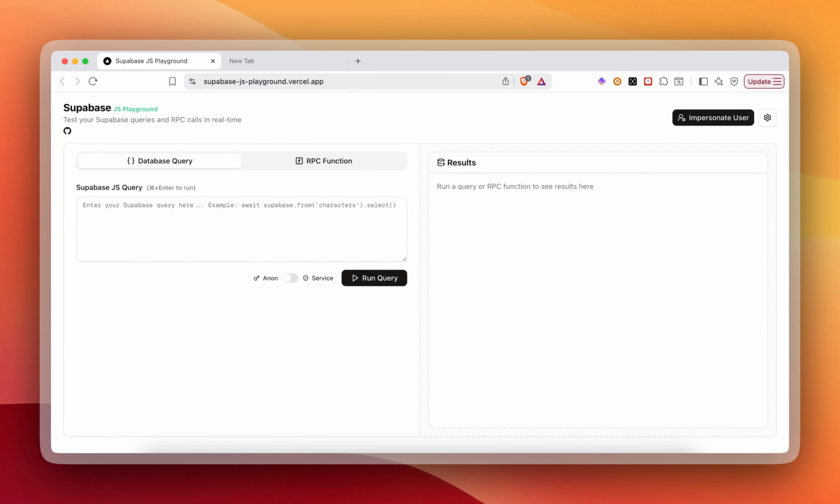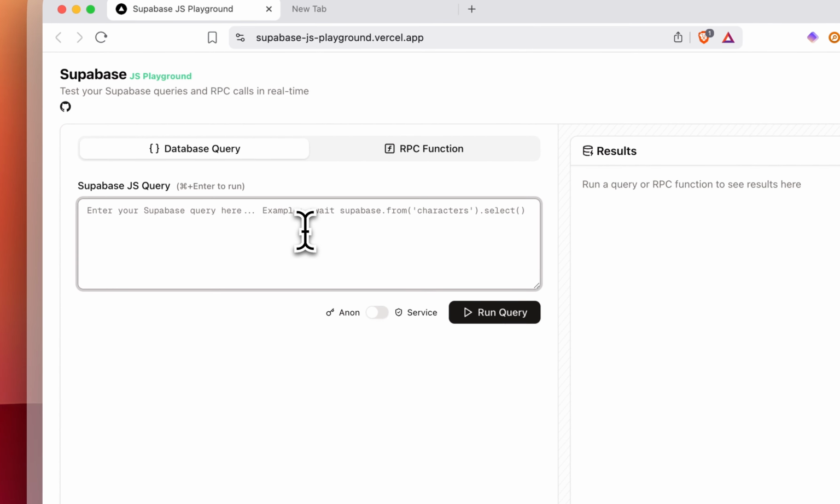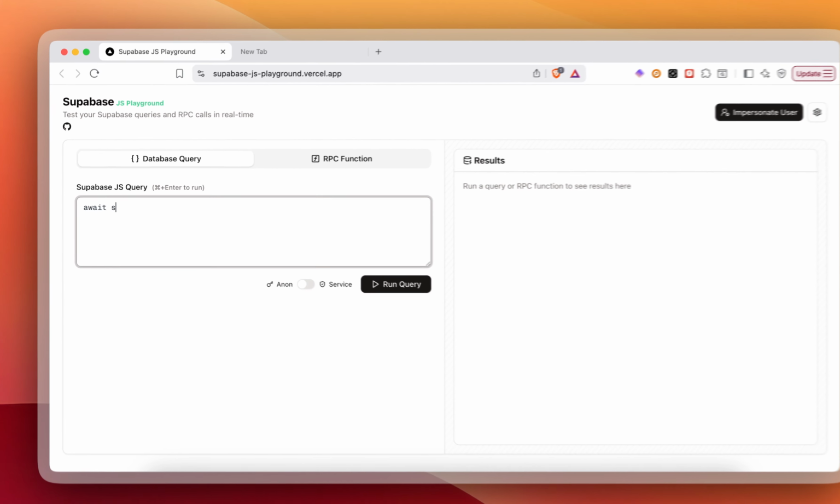So what does it do? It lets you run your JavaScript Supabase code with real data and see the results immediately. You can write the JS code. For example,